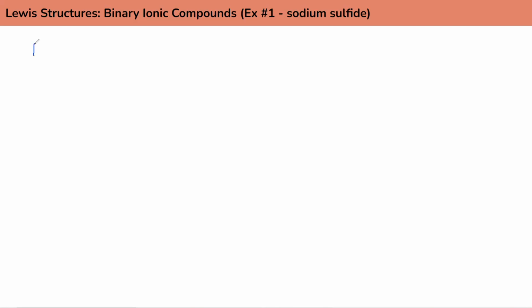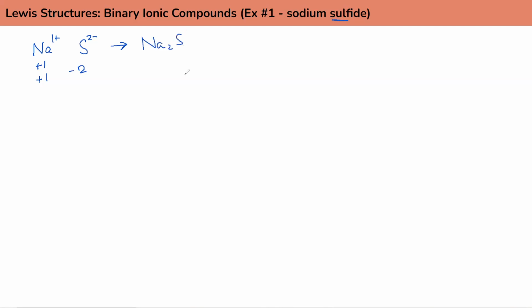So sodium has the element symbol of Na. Sulfur, which is the nonmetal that we're working with here, has the symbol S. Sodium has a +1 charge, sulfur has a -2 charge. We need these things to come together in a way that creates a neutral compound. So in order to balance these out to have a neutral compound, I would need 2 sodiums for every 1 sulfur. So my formula will be